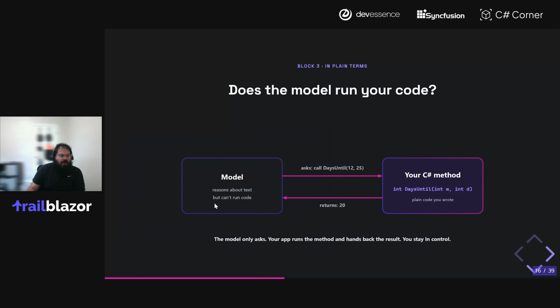So how does it know to run your code? The model takes your input text, and because it knows it has a set of tools, meaning it's injected into the context, like, hey, these are tools available to you, if you asked how many days until December 25th, it would figure out that 12/25 is the parameters.